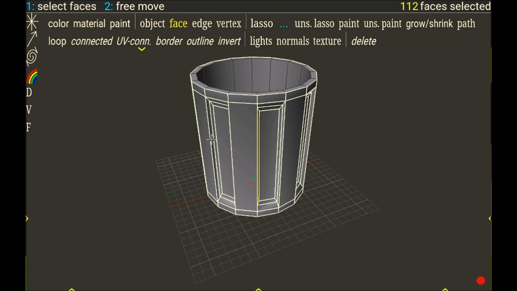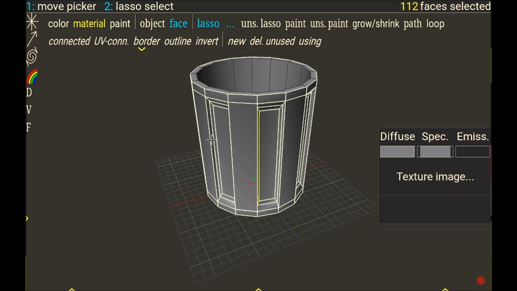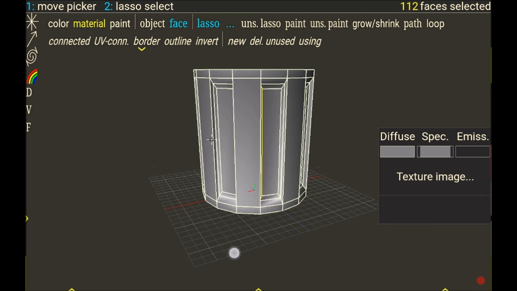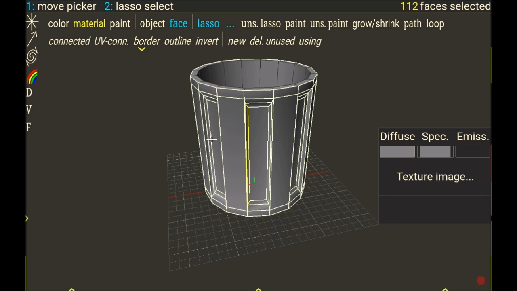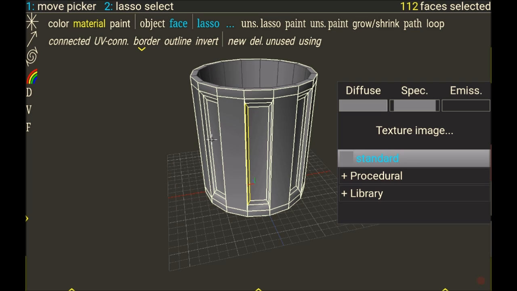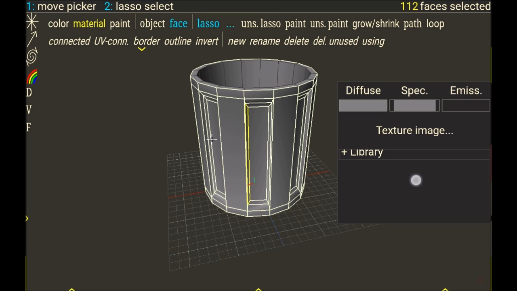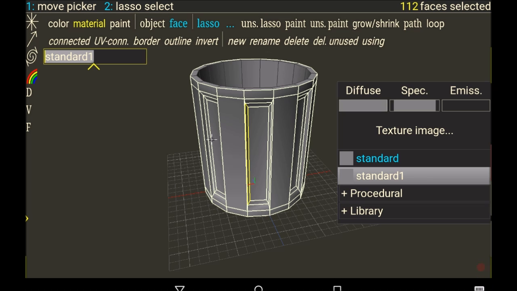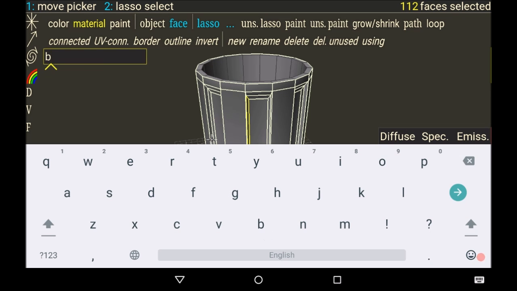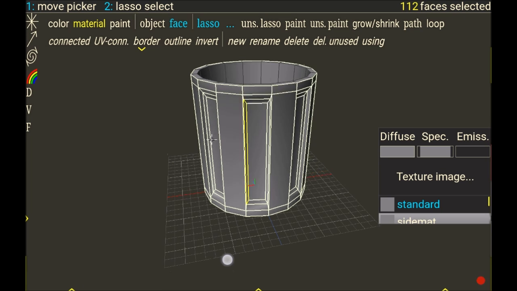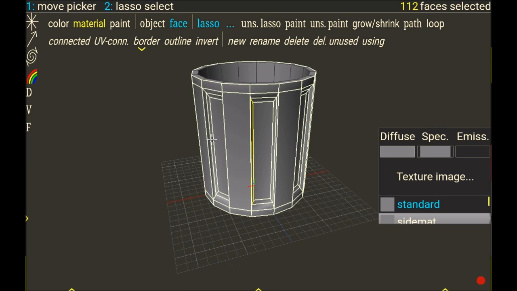So now I will go to the rainbow menu and choose material. You can also put material just on a face, not on the whole object. So now I'm going to create a new one, clicking new, and rename it side mat. Okay, and now for the image,